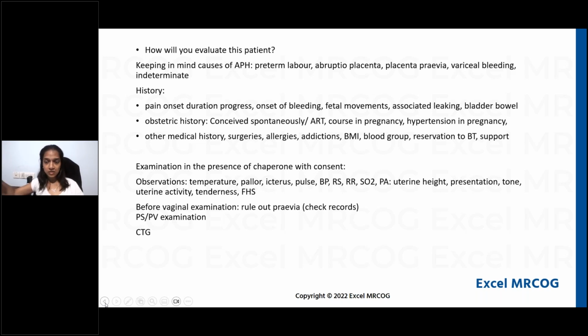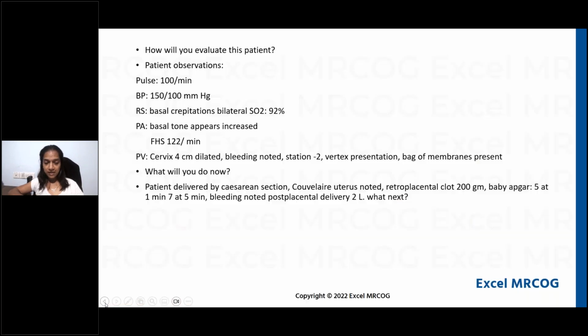Preterm labor, as she's at 36 weeks, is not going to affect the baby much, but the preeclampsia and abruption can result in death of the baby and can result in serious complications for the mother. So which is why you need to address those. You need to identify that this is a serious condition that the mother is having. All right, is that clear?